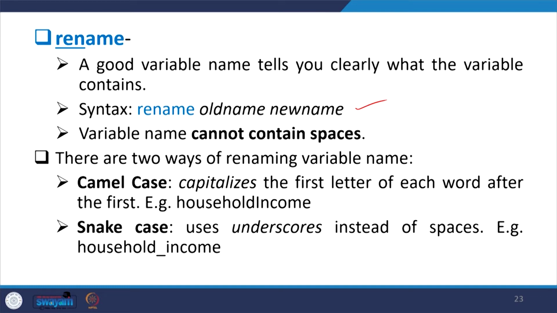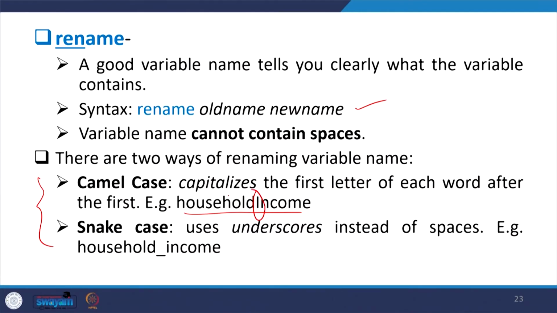Likewise this. Then a variable name cannot contain spaces for sure. Stata does not read names with spaces. There are some conventions suggested for how you can give the variable name. One approach is called camel case, another is called snake case. Camel case basically, like a camel, has a different shape, at its different peak points.